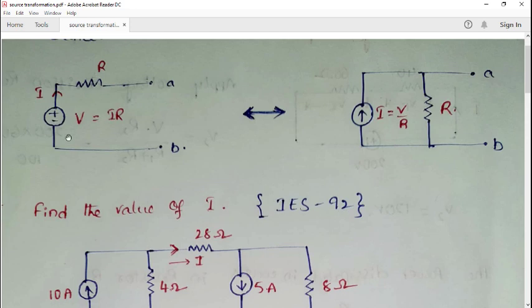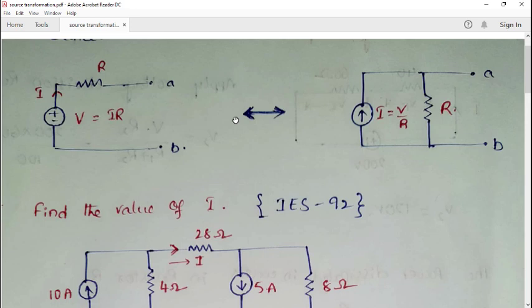This is a voltage source which is connected to a resistance in series. This can be converted into a current source which is parallel to the same resistor across the nodes A. Both circuits are equal with respect to performance, but element wise and connection wise, they are not equal. Only performance wise are these two circuits equal. And please remember, connection wise and element wise, those two circuits are very different.